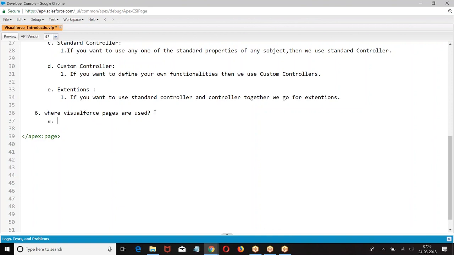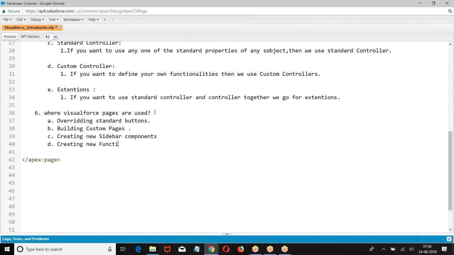So where visual force pages are used: first one we had overriding standard buttons, then building custom pages, creating new sidebar components, creating new functionalities on detail pages.